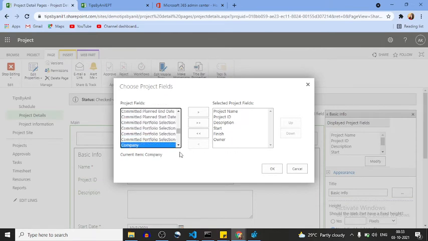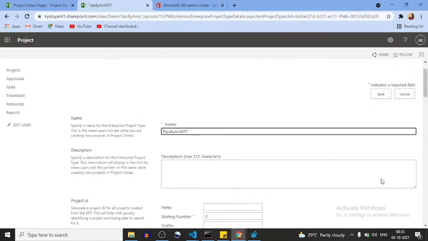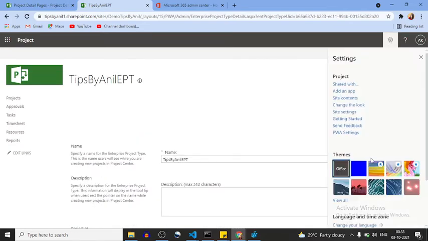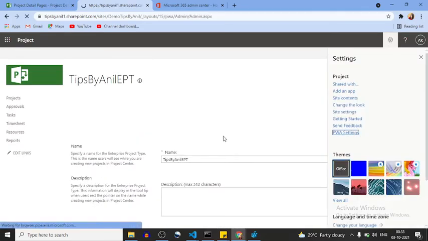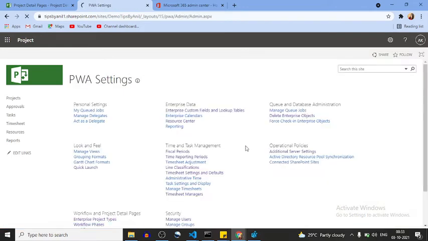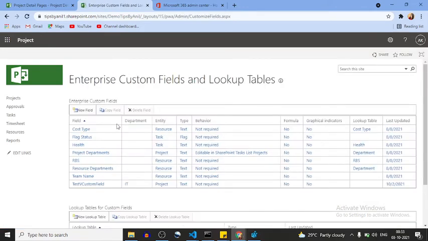That country should come up. Oh, I think we have created it for IT departments, so that's why it's not appearing over here. Let me change that, because our project is not related to IT department.